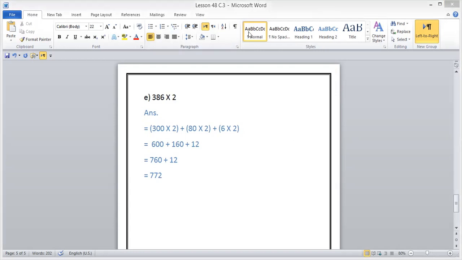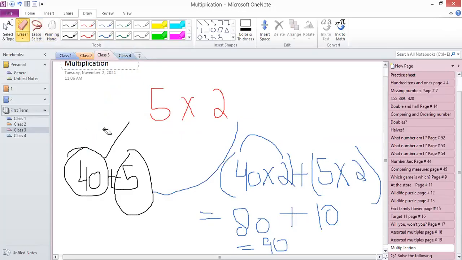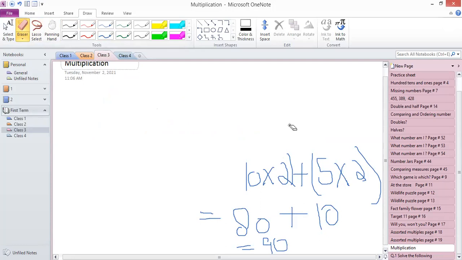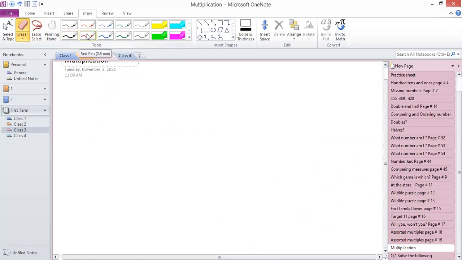Yes, guys. Can I go to the new page? It's very easy. Okay, that's very good. So 386 multiplied by 2 we have finished. Now move to the new page. And here I am going to give you one question for practice, and you are going to answer me. This was the classwork we completed in the notebook. And the question I am going to give you, this is